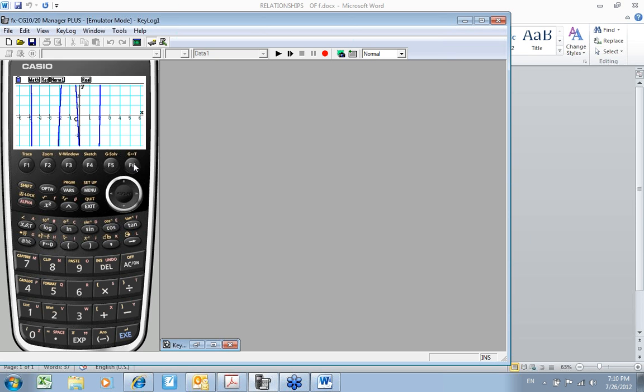We're going to go to the zoom window, which is F2. We're going to choose factor setting. And our X factor is 1, and our Y factor is 4.